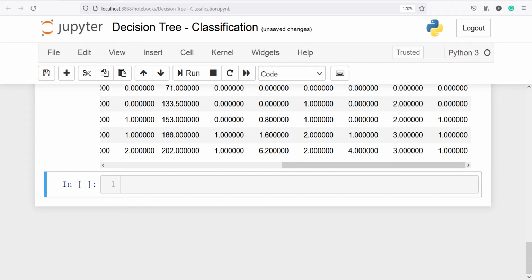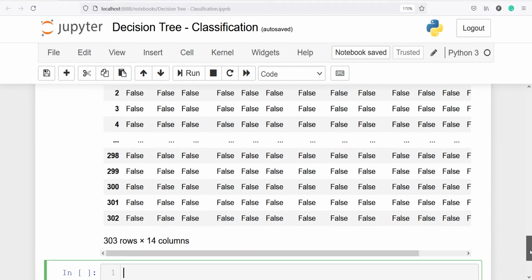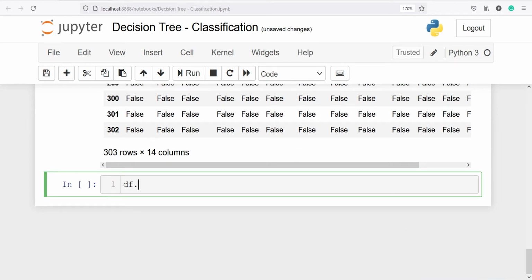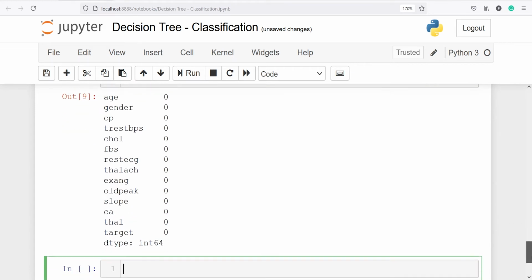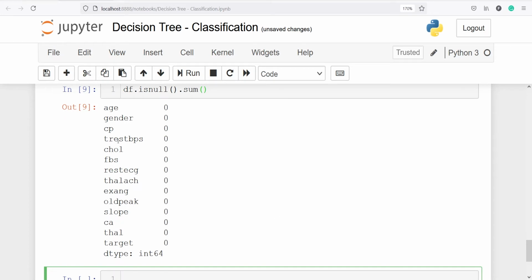We can also check for the null values. And to check for null values, we will use the method isnull. I'll write df.isnull. Let's execute our code. And here you will see we got the output as Boolean, true and false. But if we want to look at the actual numbers, we can do one more thing. df.isnull().sum. And here you will get the missing values column wise. So you will see here we don't have any missing values in any columns. We have all zeros against each and every column.